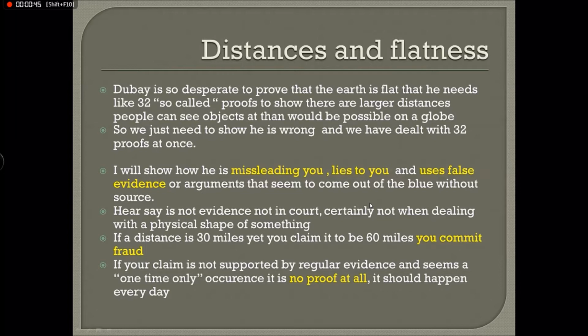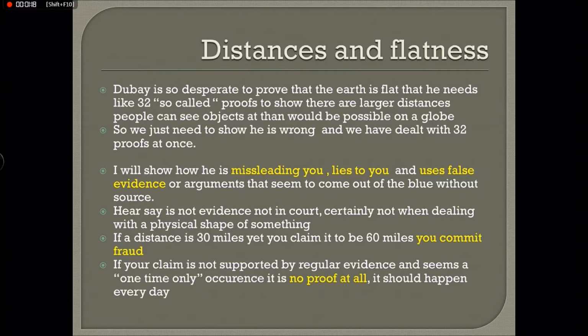And he's so desperate to prove that the Earth is flat that he needs like 32 or 33 so-called proofs to show that we can see things, objects over larger distance than should be possible on a globe. So if we prove him wrong or prove that he's misleading us, then we have dealt with these proofs at once. And I will show you that he is misleading you and that he is lying and uses false evidence,